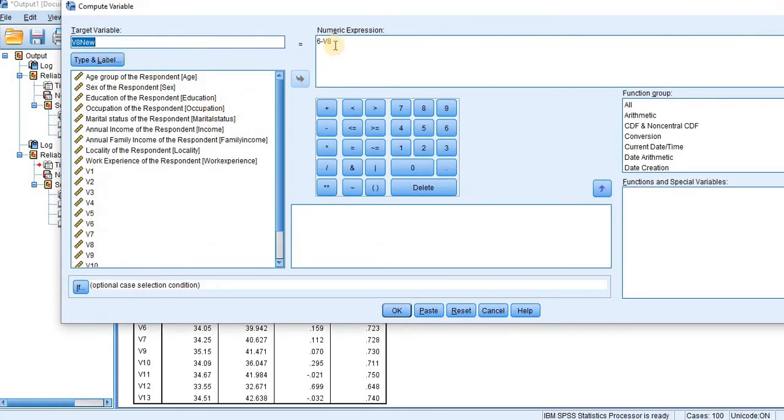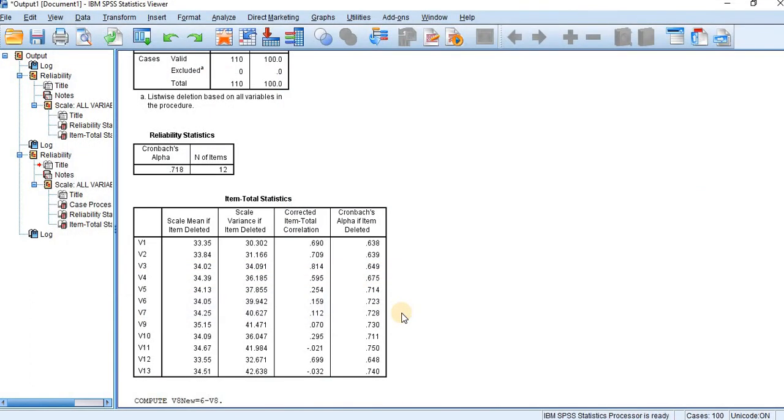For the target variable, V8 new, we put the expression: the highest score is 5, so to reverse it we give 6 minus V8. Then I run. Okay, now the V8 new is generated.